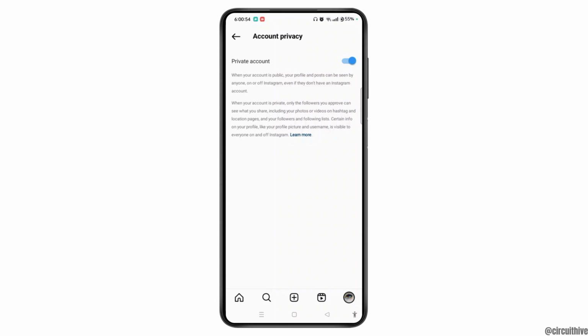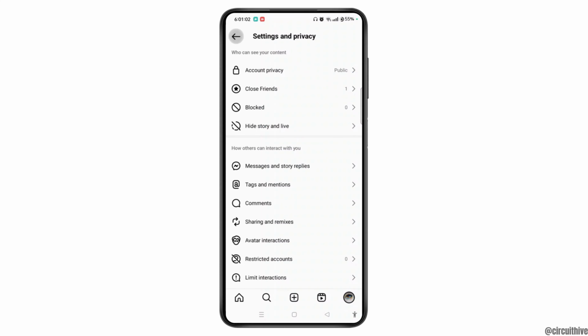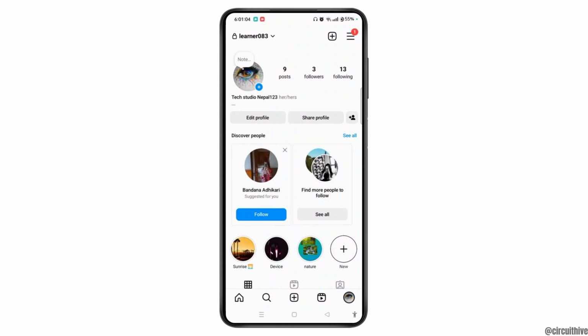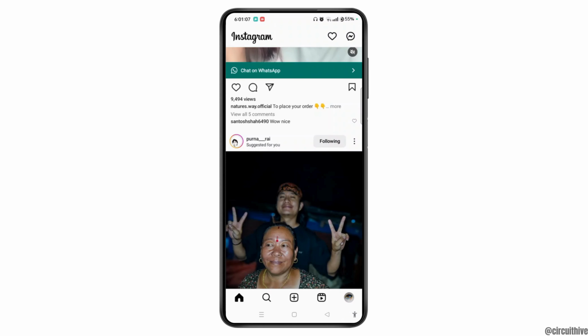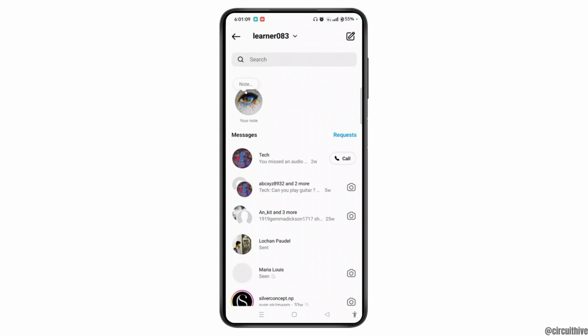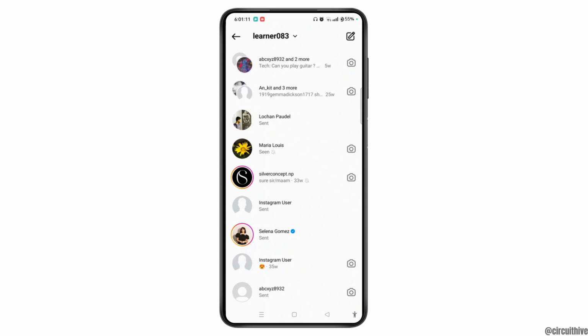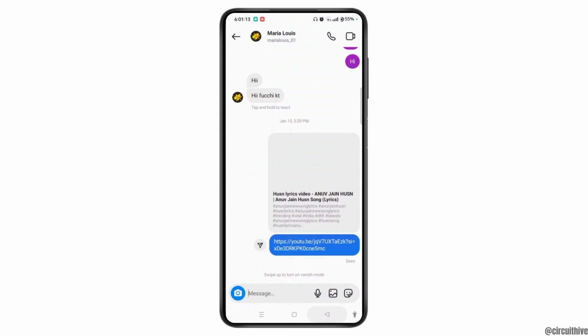But there is an alternative way to hide from any follower that we wish to on Instagram. That is, go back to the home screen of your Instagram and select any user that you wish to restrict. Suppose let's go to the chat page, tap on the particular chat here, or you can also tap on a